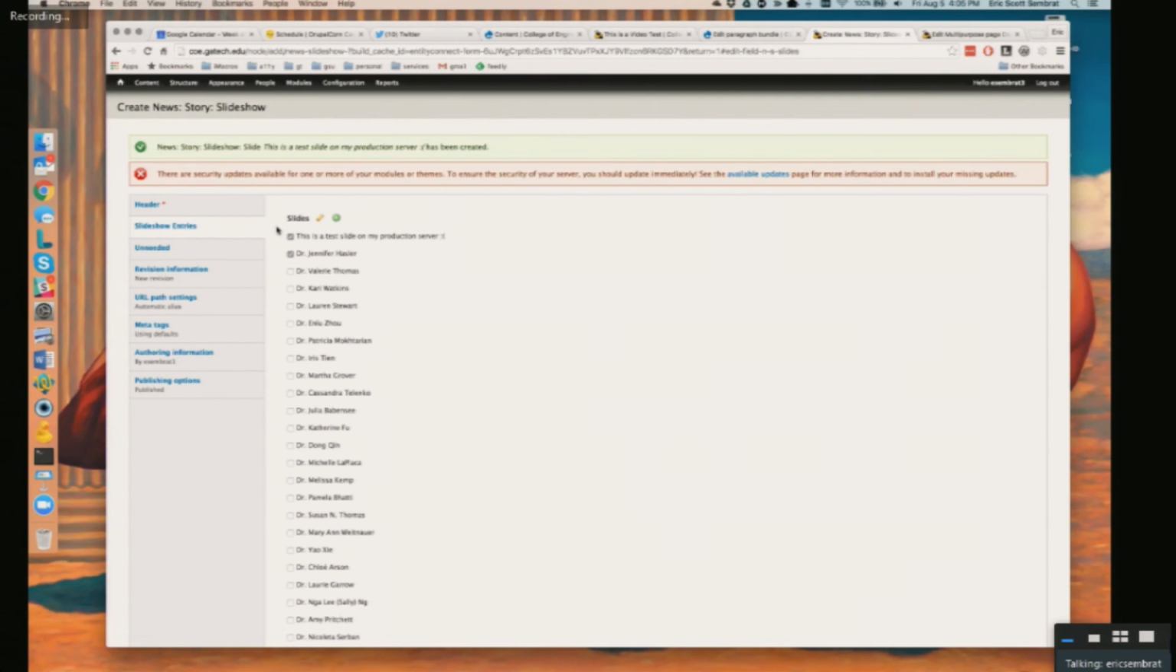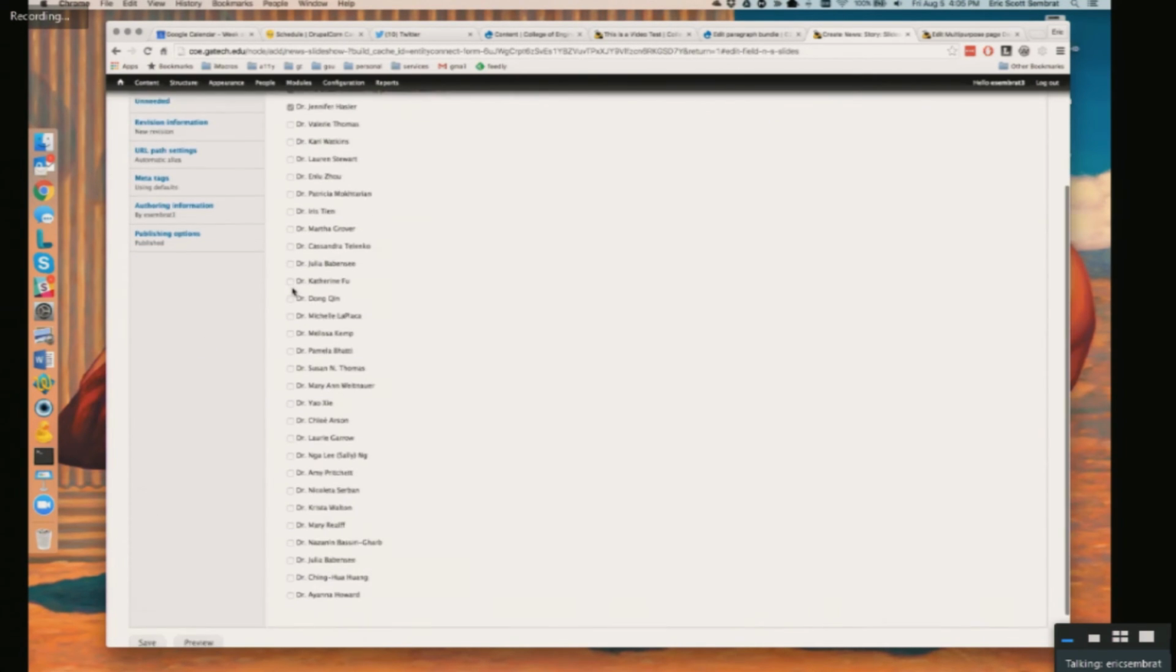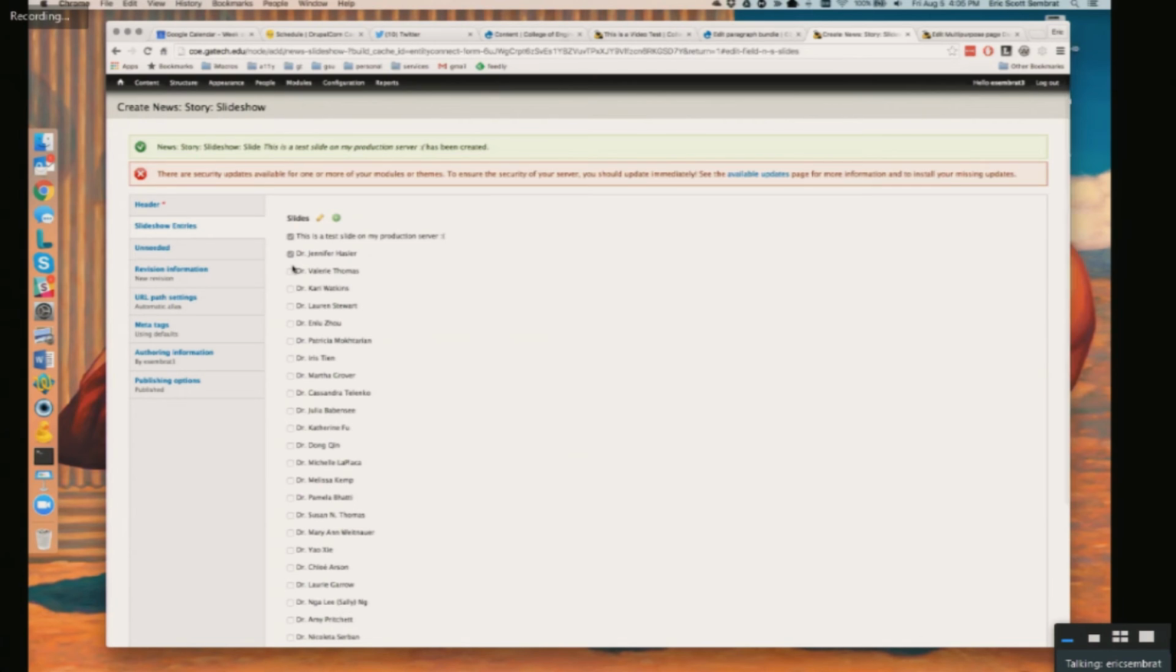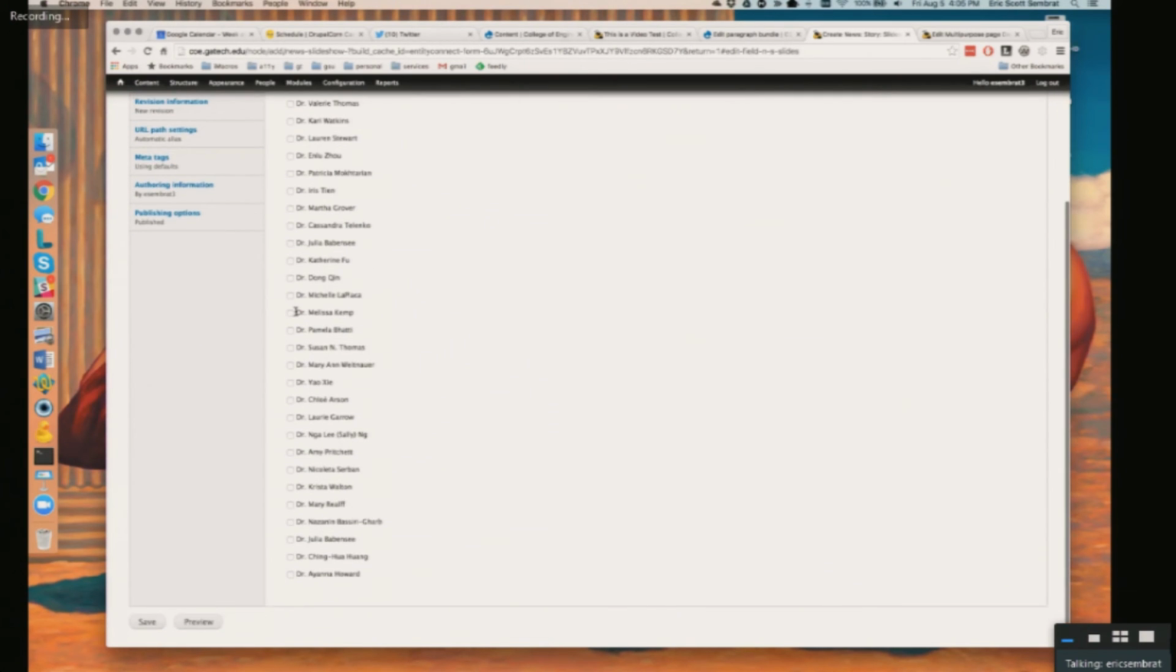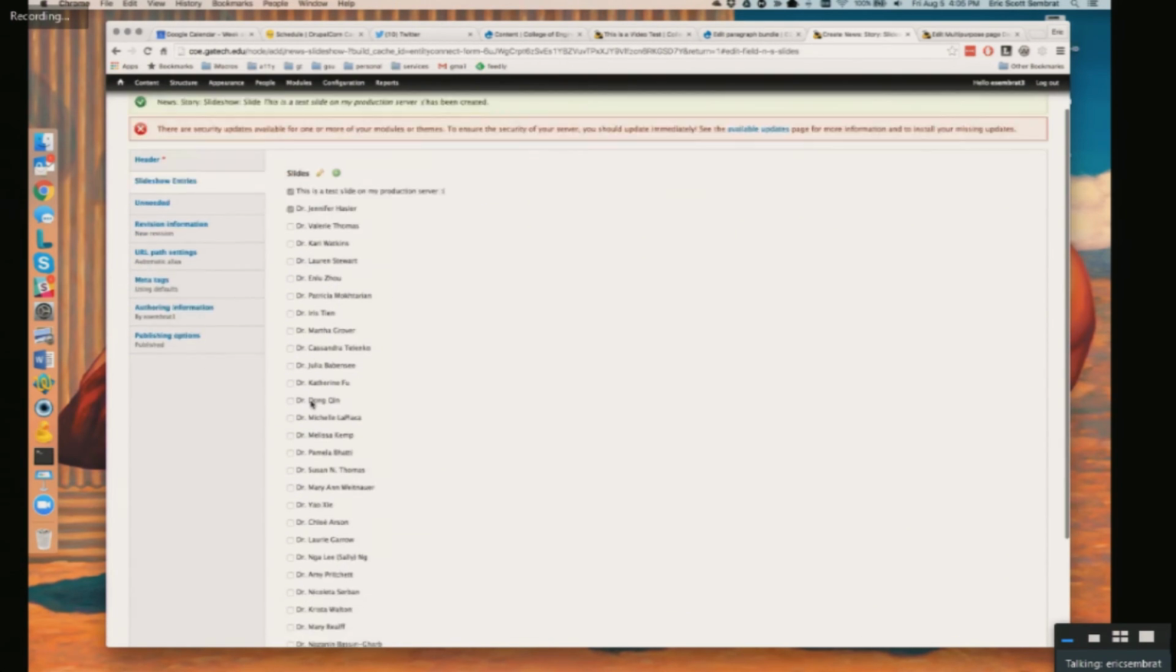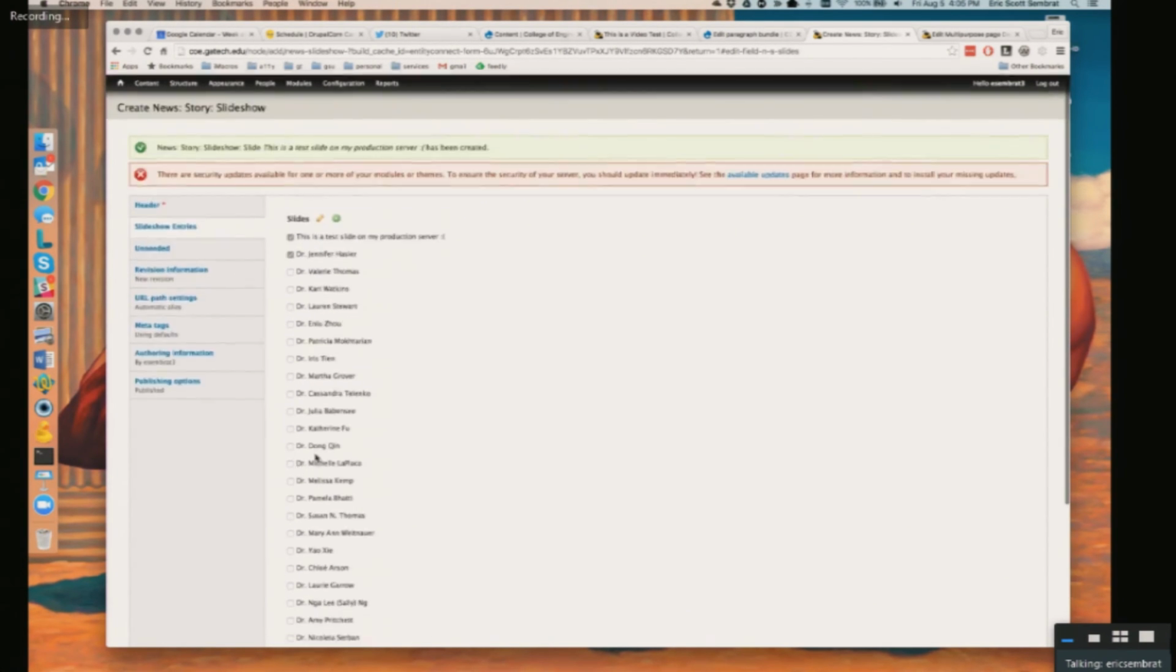And more importantly, Entity Connect allows you to reuse this. So let's say you wanted these slides to be reused across different pages, then yeah, Entity Connect would be better because paragraphs doesn't do that. However, if you want these to be individual, I don't want this slideshow to have all these different faculty members for 25 different pages that